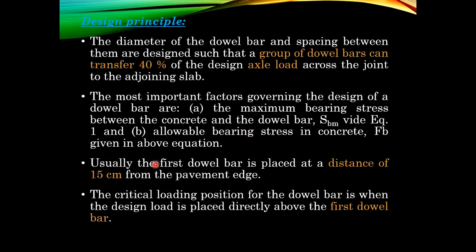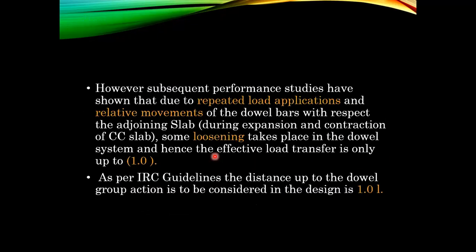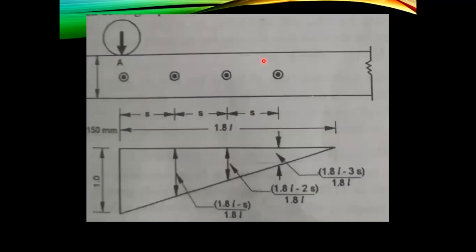Next, usually the first dowel bar is placed at a distance of 15 centimeter from the pavement edge. Listen here, this is the pavement. This is the direction of movement. First dowel bar, second dowel bar, third dowel bar, fourth dowel bar. How will the first dowel bar be placed? You can see here. The first dowel bar will usually be placed at a distance of 15 centimeter or 150 millimeter